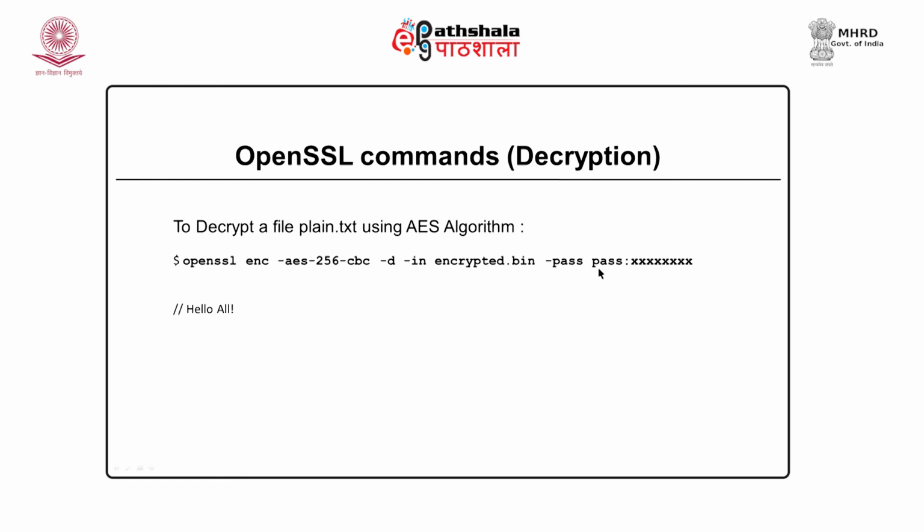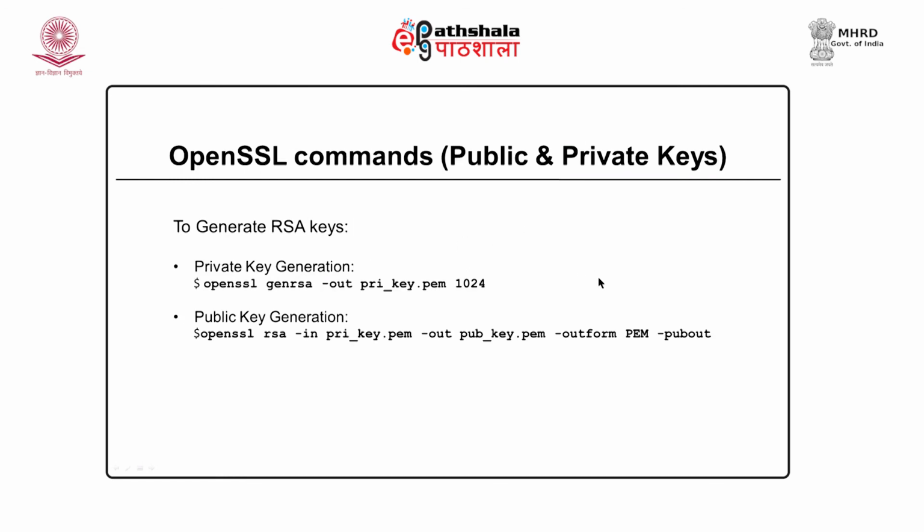Now, let us move to asymmetric key. Asymmetric key requires public and private keys. While using OpenSSL, the first thing is we generate keys. We have to generate the private key first. From this private key, we generate the public key. They are stored in .pem files. We specify the key size, it is 1024 bits. So, the steps are, first we generate the private key. Using the private key, we generate the public key.